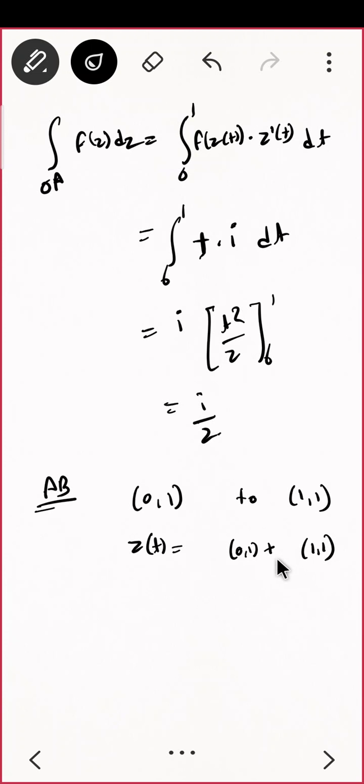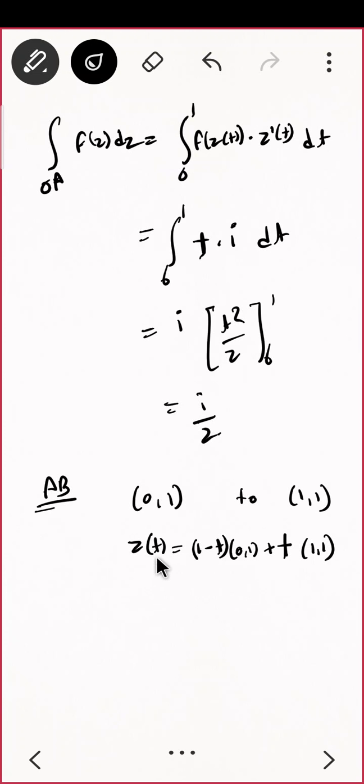What is here? If I put z of 0, I should get the first point. If I put z of 1, I should get the second point. Can you give me the parameterization? If you remember your semester 5, you should answer it quickly. See, z of 0, that means this guy should vanish. So let us give t here. If I put t equal to 0, this will vanish. Now if I put t equal to 1, I want this guy to vanish, so here I should have 1 minus t. If I put t equal to 1, this is vanishing, I am getting this.